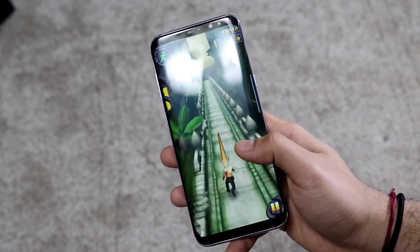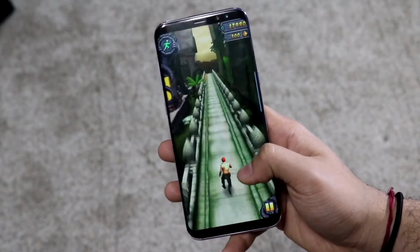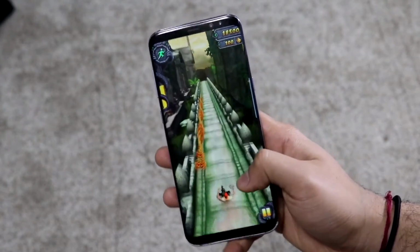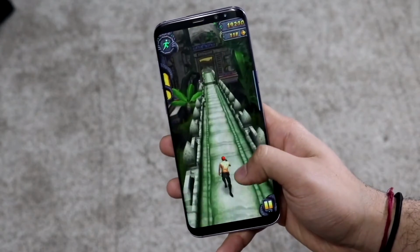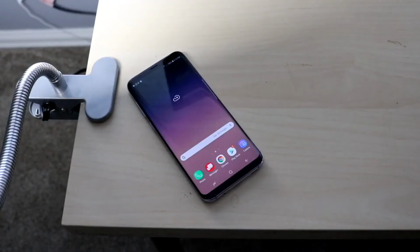But I will tell you, for the most part and for the time being, you're going to have a pretty fast phone. It's not going to be faster than any phone that came out in the last 2 years. But like I said before, when you factor in the age and the price of this phone, it's really not that bad of an experience overall. So in terms of the performance, that pretty much covers it. Now,